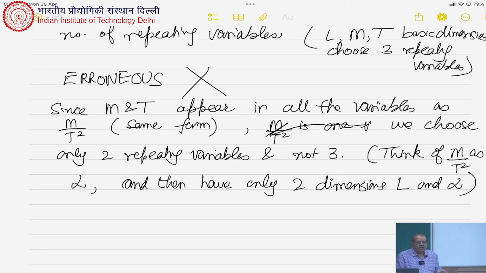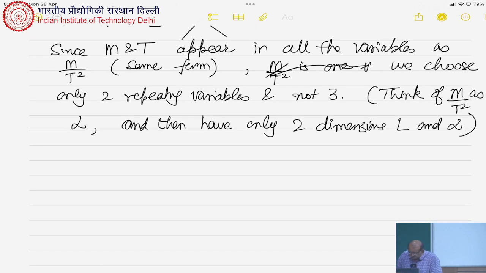Is everybody clear with this? So then we choose 2 variables. So the 2 variables we choose,